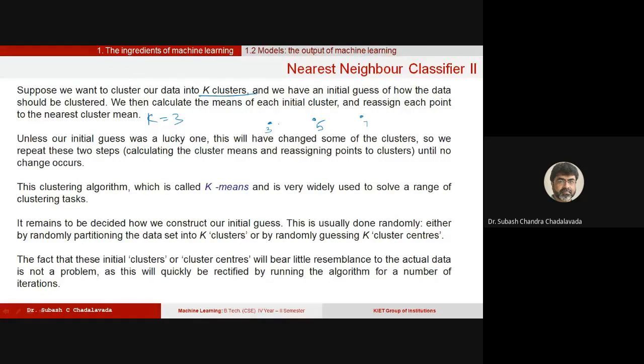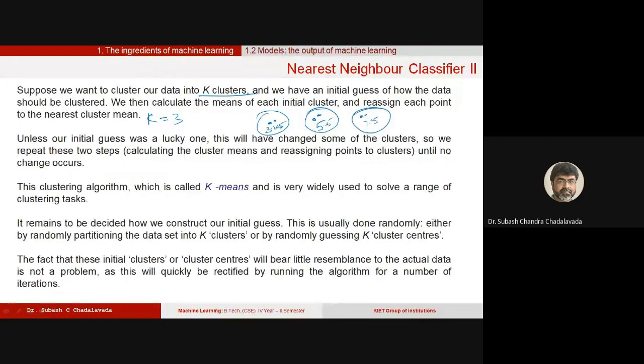Now, what if something called 3.5 comes? 3.5 is also put here. Now you calculate the average, the mean value of this, right? This becomes 3.25, right? Another comes, which is 6. So it will be here. Now, what's the mean value? This becomes 5.5, right? Now you get something called 8. So this will become 7.5. Now this is a set, this is a set, and this is a set.